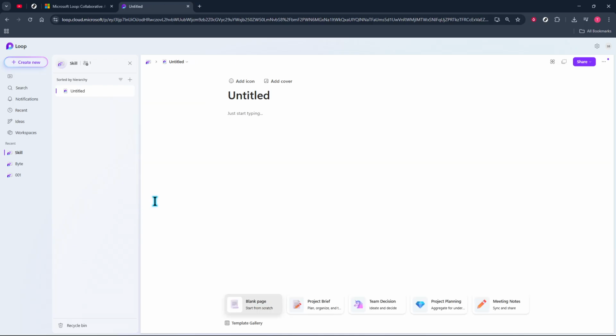Remember, deleting a page removes it for everyone with access to that workspace, so take a second to confirm you're targeting the right page. If you're uncertain, consider scanning the content one last time or checking with collaborators before you proceed. Depending on your organization's settings, deleted content may be subject to retention policies, but it's best to treat deletion